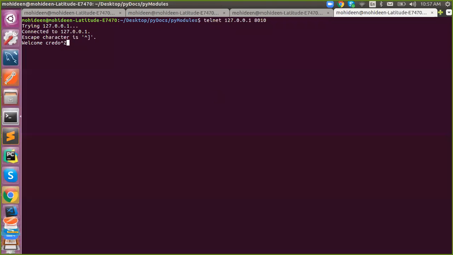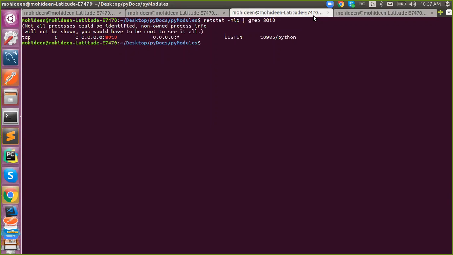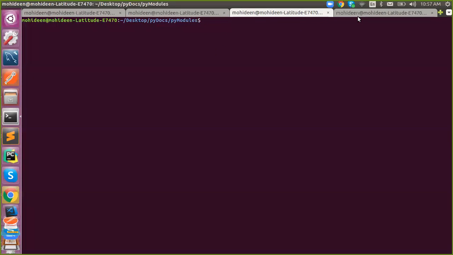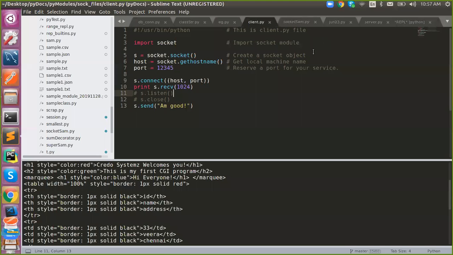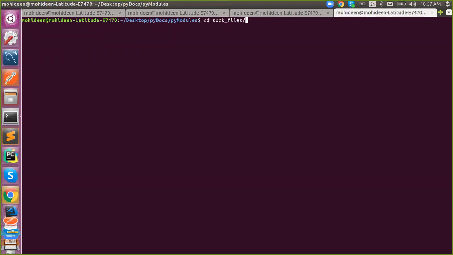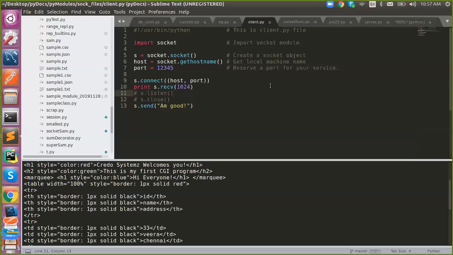So I will disconnect this. The server is actually waiting for the client, so here I'm going to run my client.